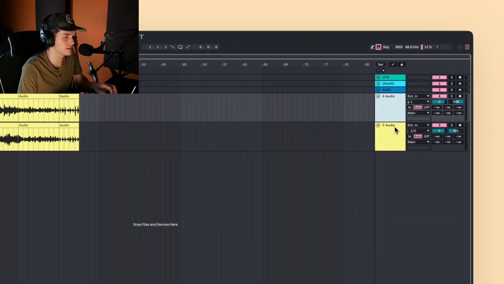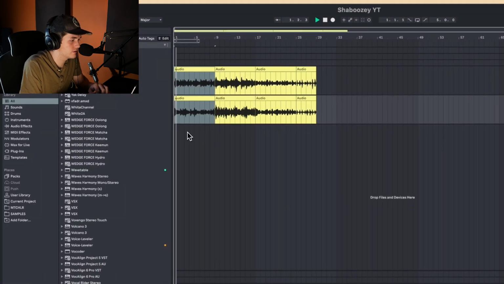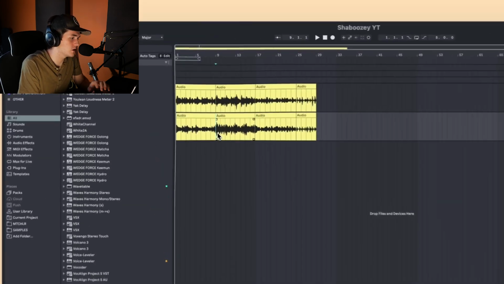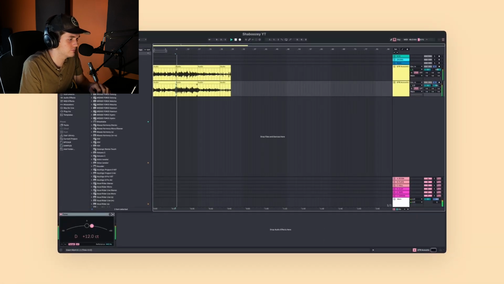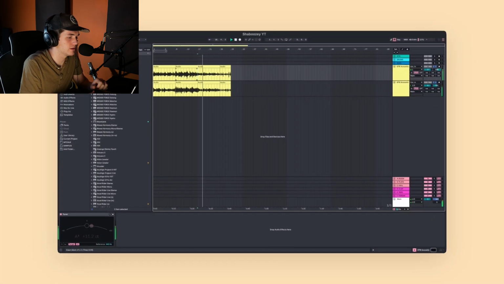These are the sections we have here. Let me just quickly rename these guitar acoustic. And we've got these 3 sections, or 4 sections, sorry. So we'll call that the verse. We'll call this the chorus because it's a little more exciting, a little more powerful. And then here, we've got a bridge maybe.